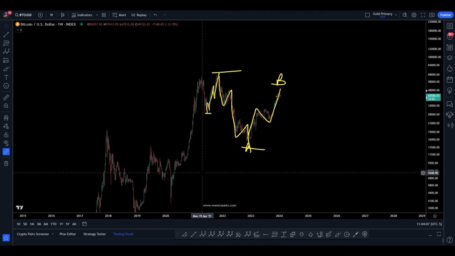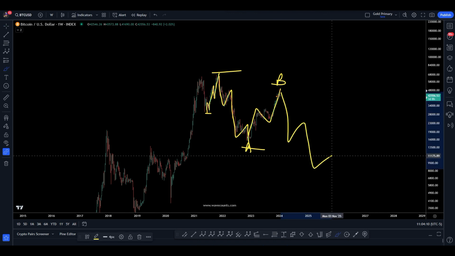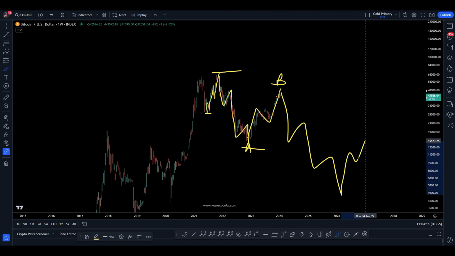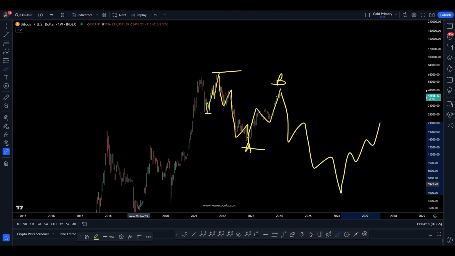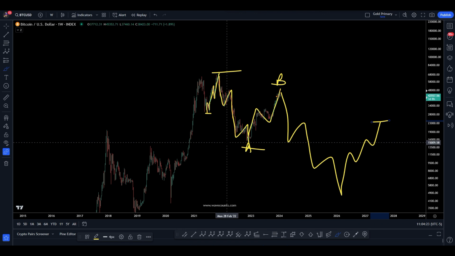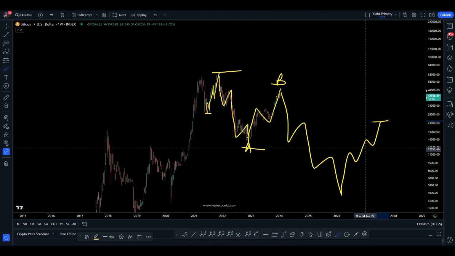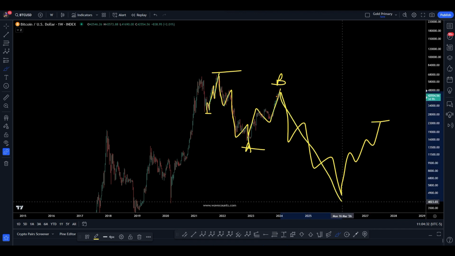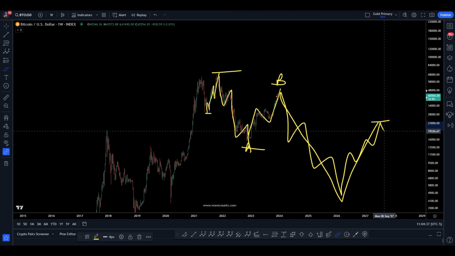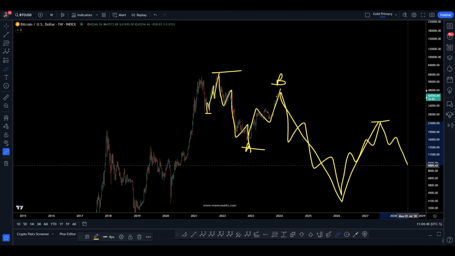1, 2, 3, 4, 5. And then what's going to happen? You're going to get something like this. 1, 2, 3, 4, 5. Okay? And you know what's going to happen here? People are going to be like, it's so bearish. But it's the same thing over and over again. Then you had 5 to end something. 5 to begin something. No, so bearish. I can't believe it. Look, oh, I told you so. Oh, we're going to $100. So bearish. Boom.